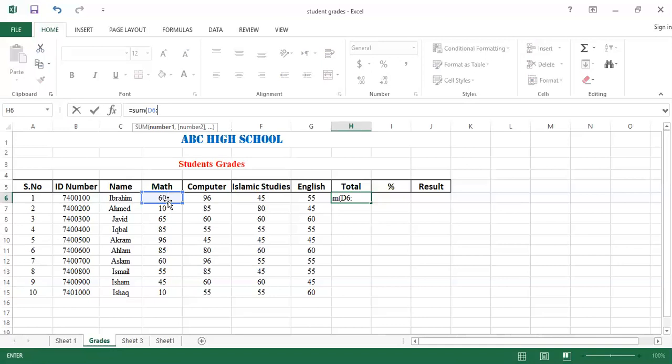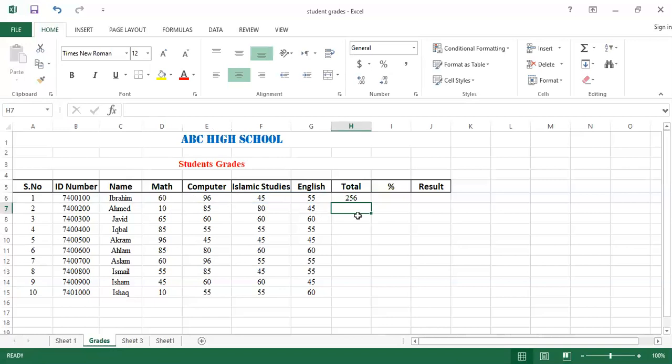For example, that one is G6. You can see G6 is highlighted. From D6 to G6, it has been highlighted. After that, you have to close the bracket and press enter. You will see the total value is automatically calculated in that cell. Ibrahim got total marks 256.